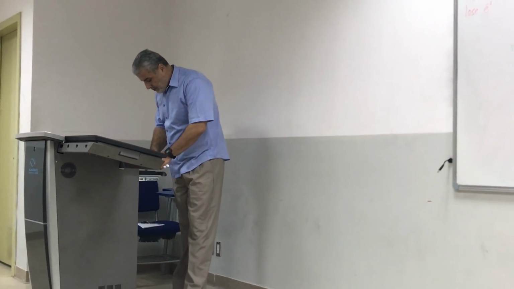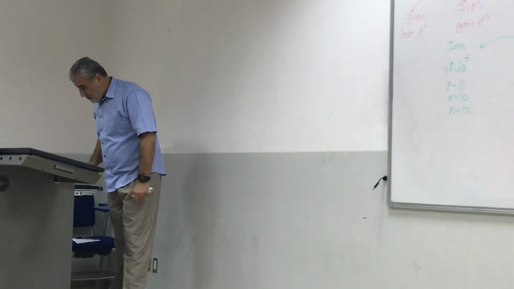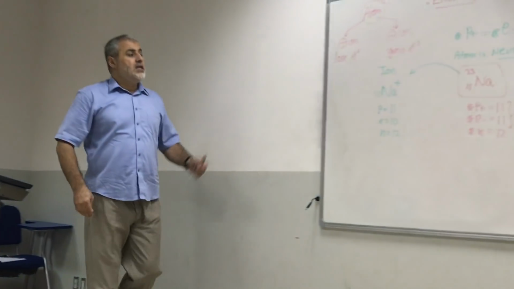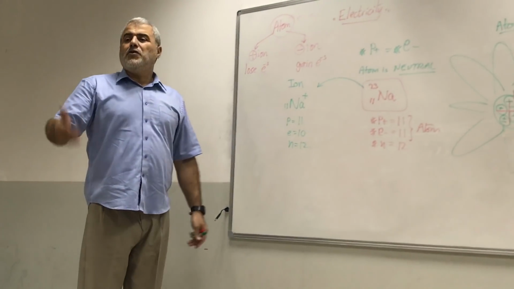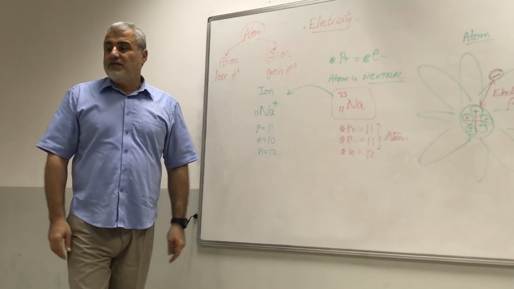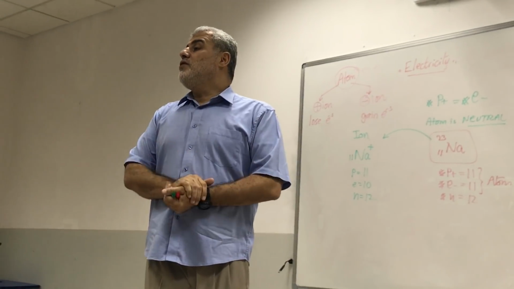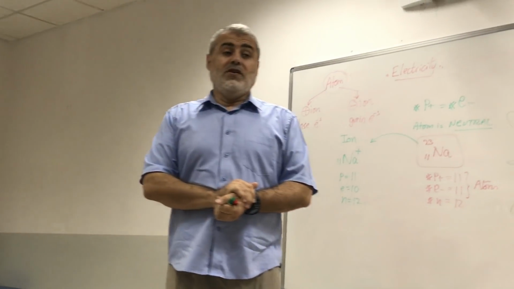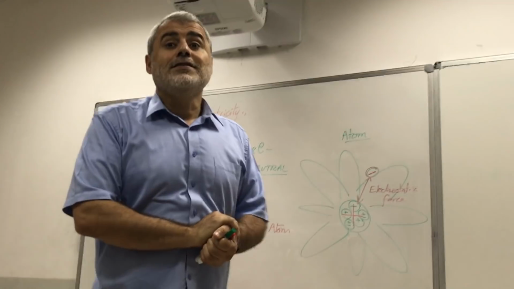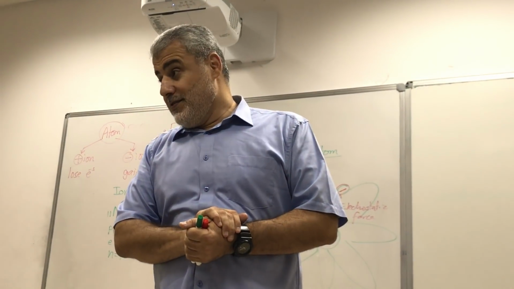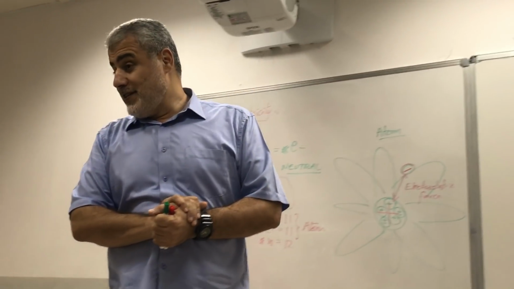Now, let me continue. Now you know that according to this, we have two different charges. Positive charge, negative. And you know the rule. Always like charges repel and unlike charges